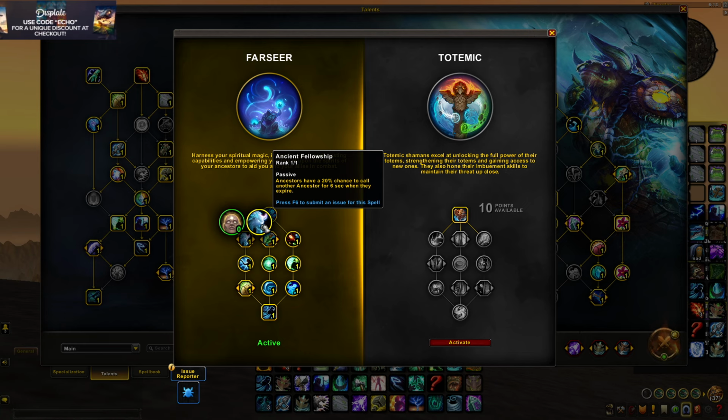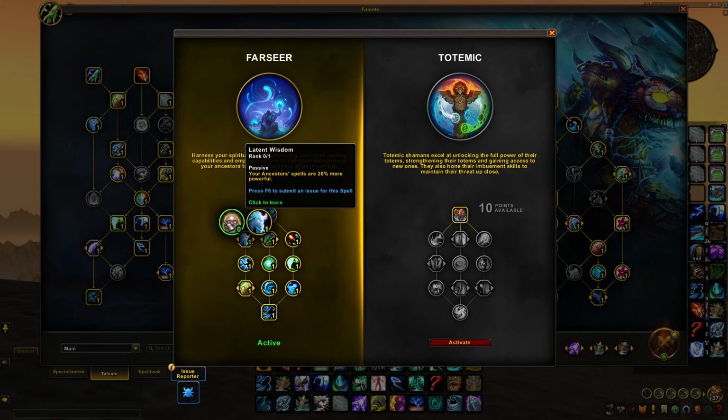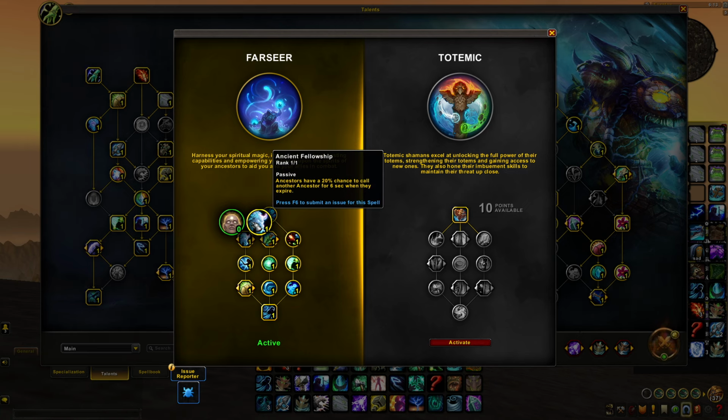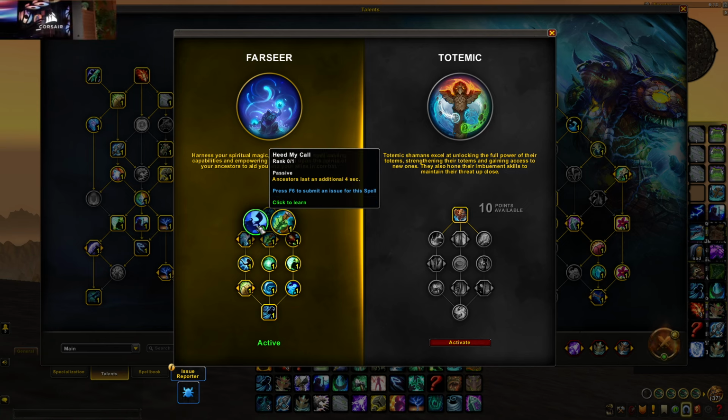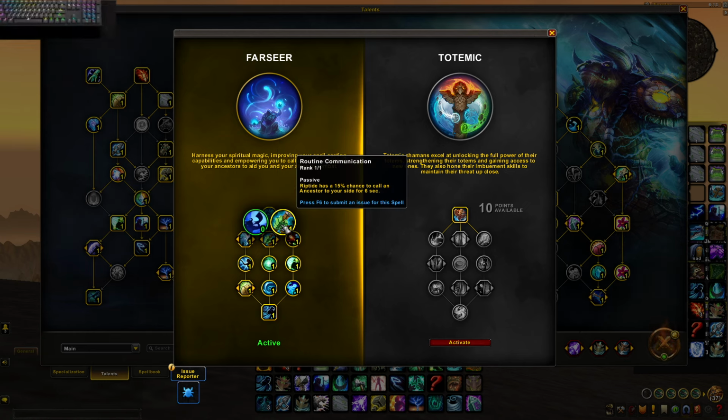Talent-wise here, I will orient my talents on procing the most ancestors as possible. So, for example, I'm not going to pick that my ancestor heals 20% more. I'm going to pick that ancestors have a 20% chance to call another ancestor for 6 seconds when they expire. And then here, instead of having the ancestor last 4 seconds longer so you can drop it every Unleash Life, I'd rather have the Riptide that has a 15% chance to call an ancestor. So you have more RNG and more chances of getting a lot of ancestors at the same time,